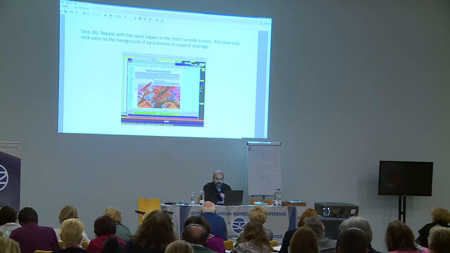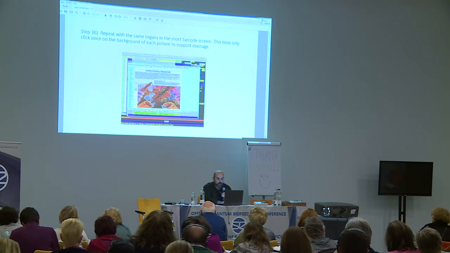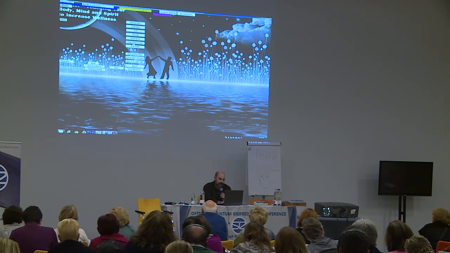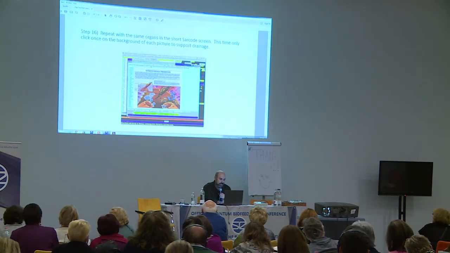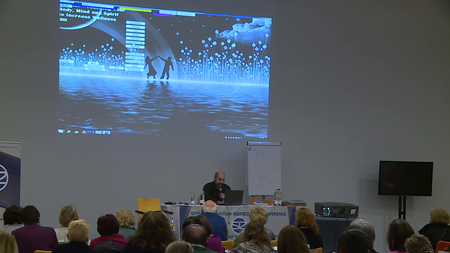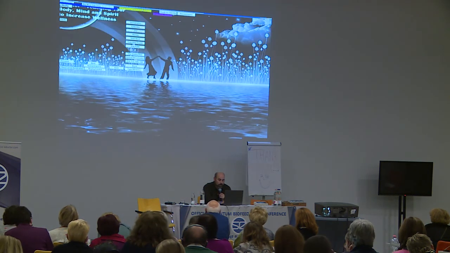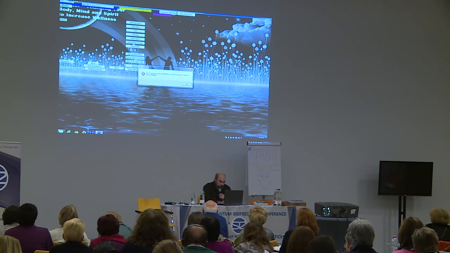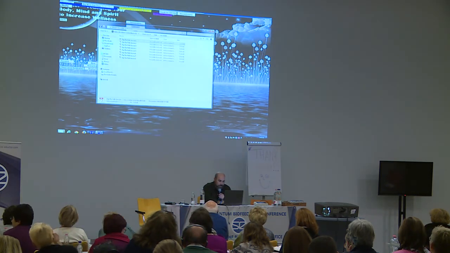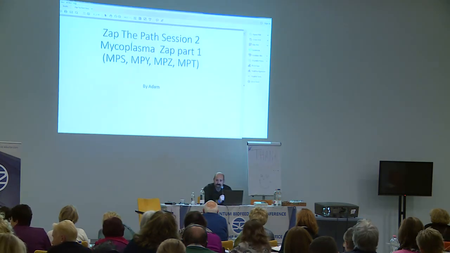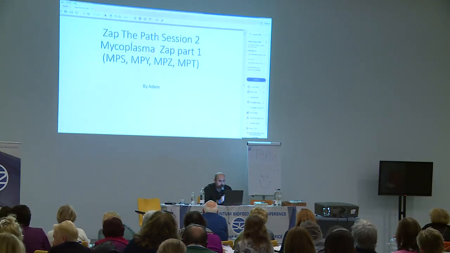So you'll see the method by me just showing you the first page here. In session 1, you're going to do the zapping of Lyme 1, 2, 3, 4. Each session, we're only ever going to do a maximum of 4 pathogens, because that's pretty much all the body can support. So, oh, we don't need this one. We do need, and we don't want that, we do need this. Okay, so what you're going to see in session 2, and for a lot of these, I've given you the codes as well, you'll see as we go on.